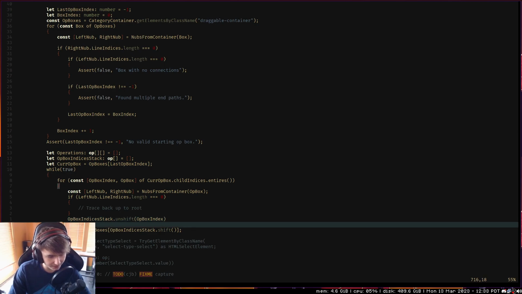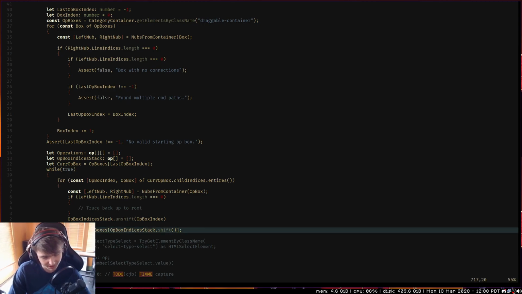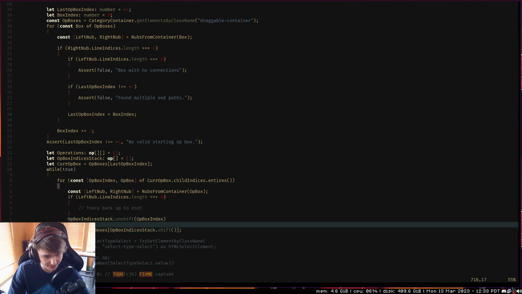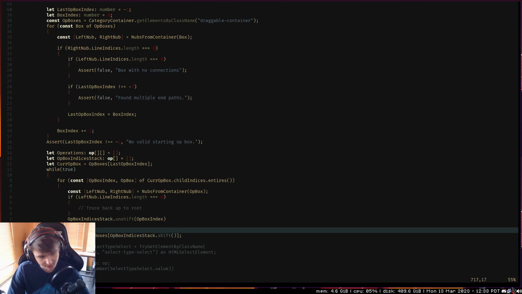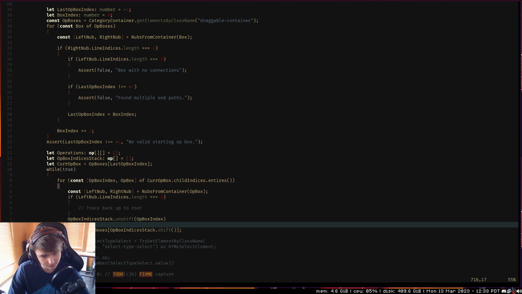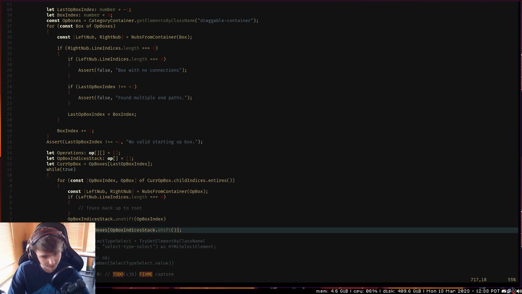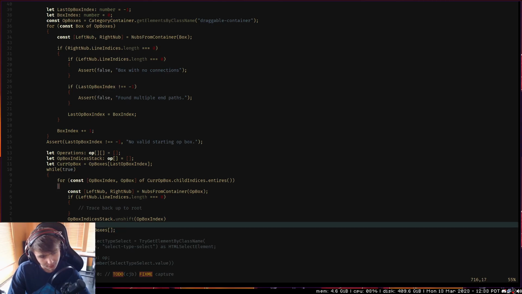Basically, if the operation stack is then empty, and when is it empty? It's empty when, if we have one more element and it's the last element, basically this is the last child, we unshift it, there's no more things to shift. So if this is empty,